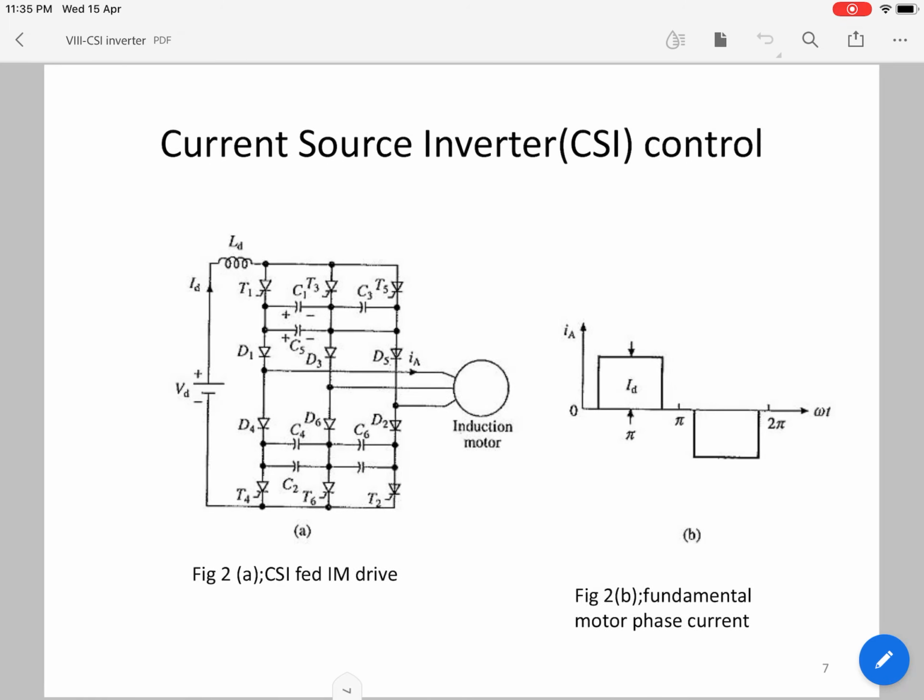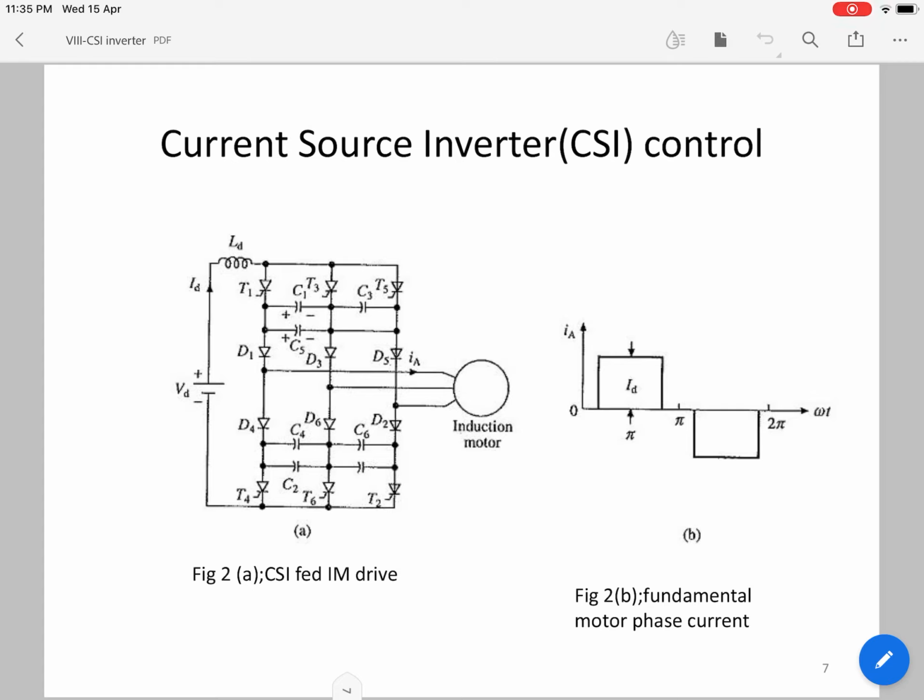Now in the next diagram, figure 2a, you see a CSI fed induction motor drive. Here the magnitude of output current is independent of load, but the magnitude of output voltage depends on the type of load. An inverter behaves as a current source due to the presence of a large inductance LD. You see here VD is the voltage source, IT is the current we get, and LD is the large inductance which is placed,